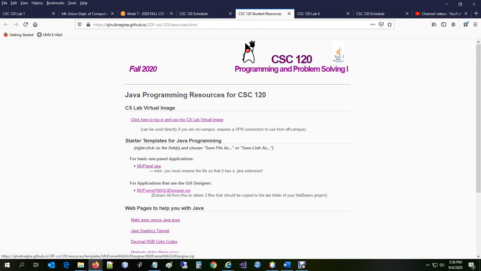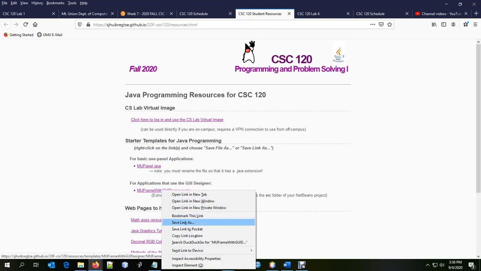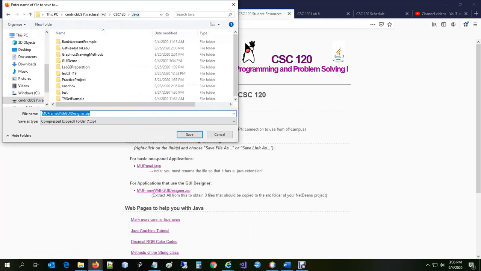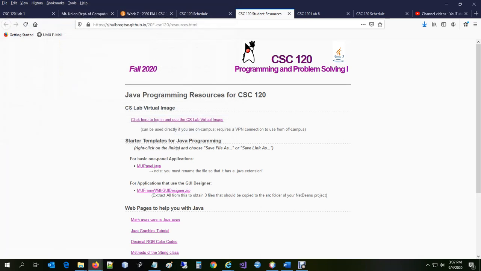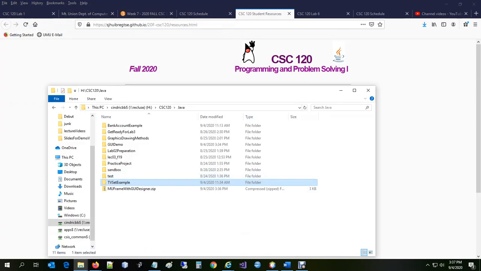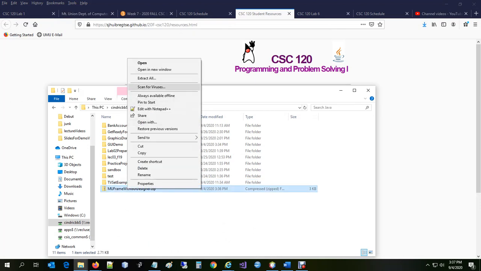So if I right click on this, choose save link as, or save target as, and I'm going to browse to my CSC 120 Java folder. That's where I'm going to store it. Mine happens to be on the H drive, but you might have it in some other location. And I will save this zip file. Then, using File Explorer, I will go to that folder, and now I have this zip file. If I right-click on the zip file and choose Extract All,